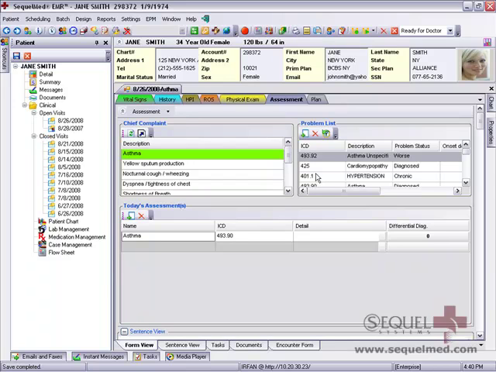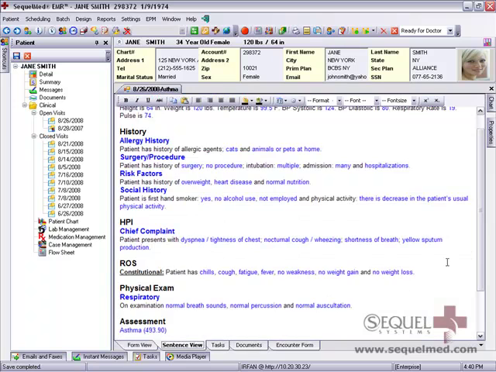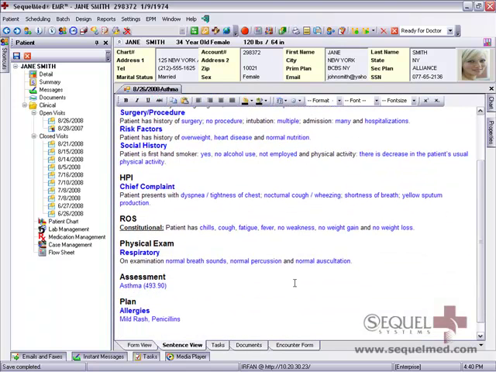and dropping it to the problem list, which will continue to build the problem list of the patient, also eventually showing up in the patient chart. Notice that the diagnosis code also appears along with the assessment and is documented in the assessment within the sentence view accordingly. Here the doctor can type in any additional notes or dictate any additional notes for the assessment or